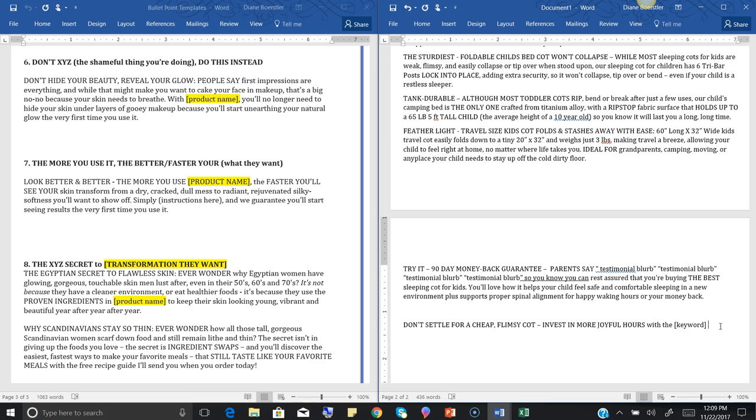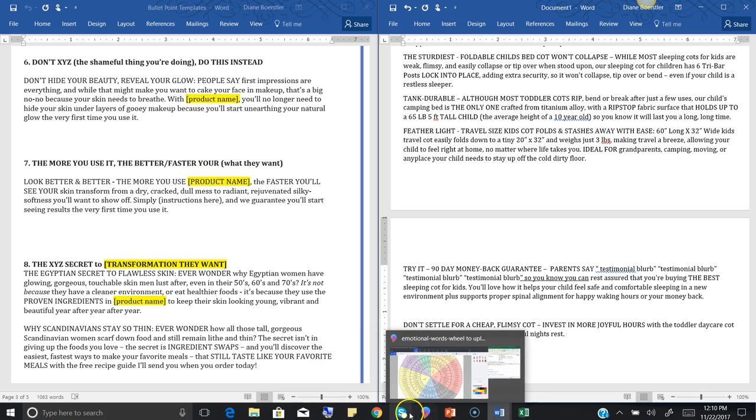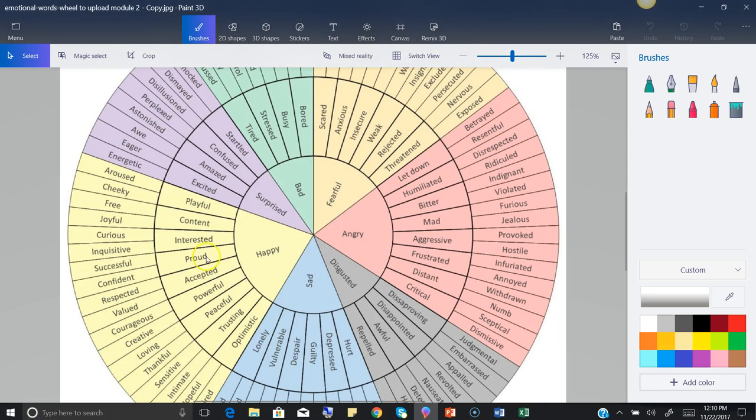Okay, so with the keywords, I'm just going to say toddler cot, toddler daycare cot, which was actually something I just wrote about. With the toddler daycare cot that delivers your child a peaceful, joyful night's rest, right? And we want to do 3. So peaceful, joyful, and what other word can we grab here? Okay. Peaceful, joyful, trusting, optimistic, content,